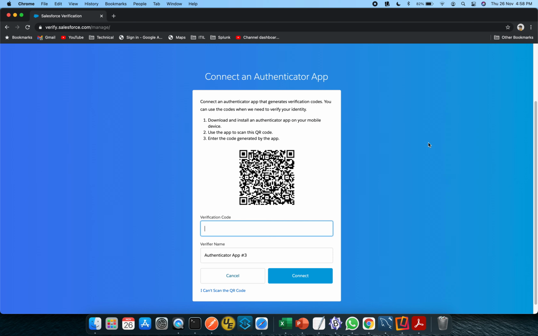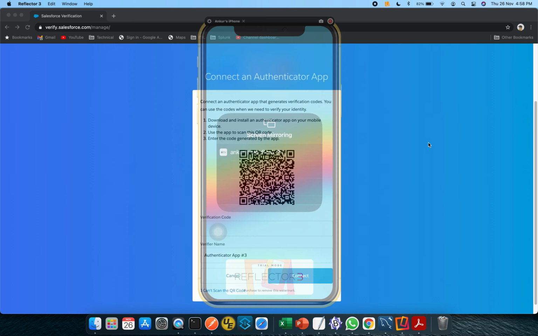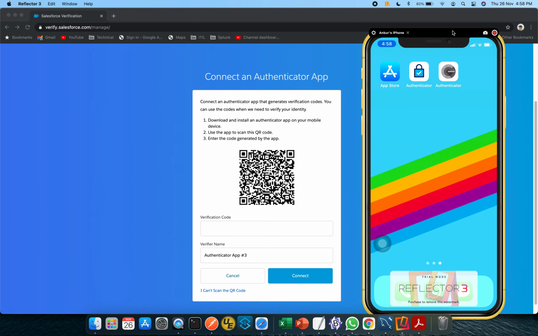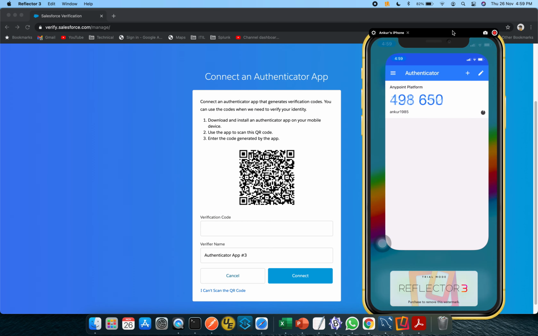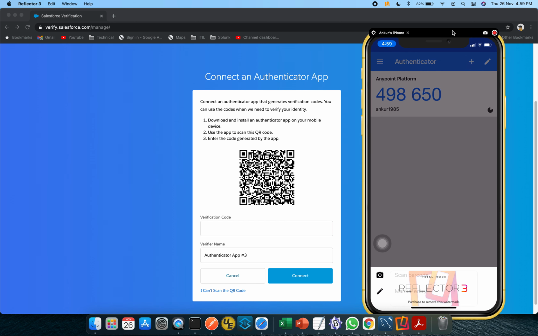One moment. In the meanwhile, I am setting up the connection to my machine. So this is the Google Authenticator, as you can see now. If I click on this, it will give me an option to click on this plus sign and scan the barcode.